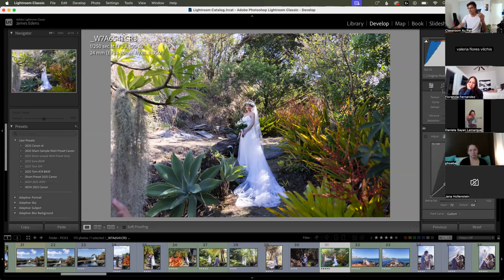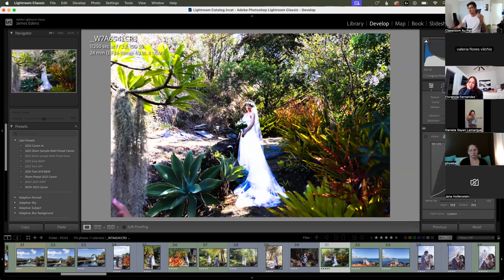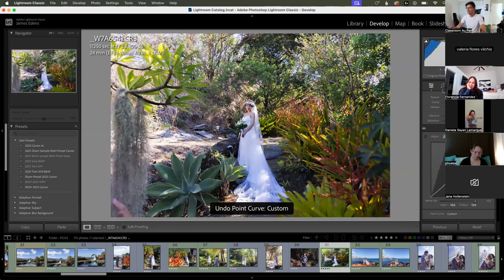It's not an actual S, because if it was an actual S, it would just look awful. I think we can all agree that this just looks bad. That's why we make these points, and why it's all very subtle, because those little movements go a long way. So the S curve is the most standard way of using the curve tool adjustment. I think that's a good safe place for a lot of you guys to start, but one thing I want to point out,